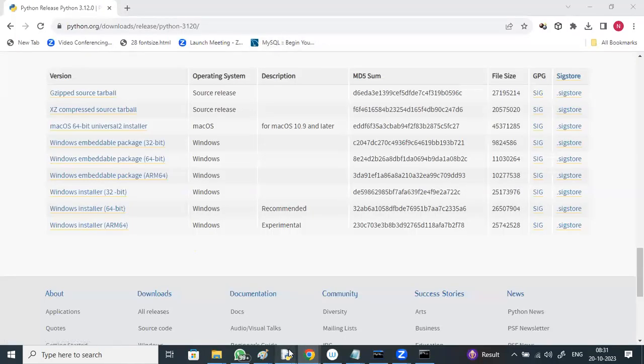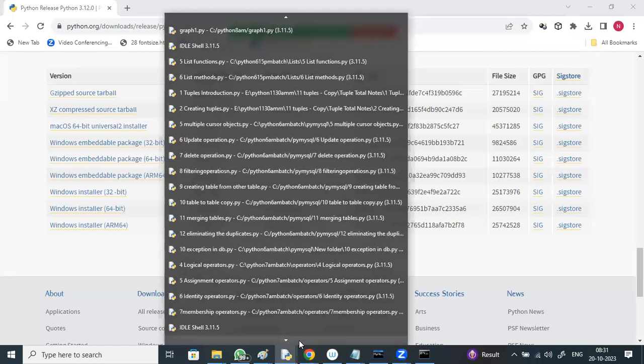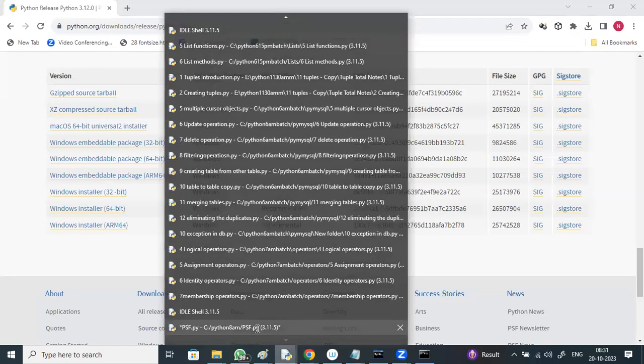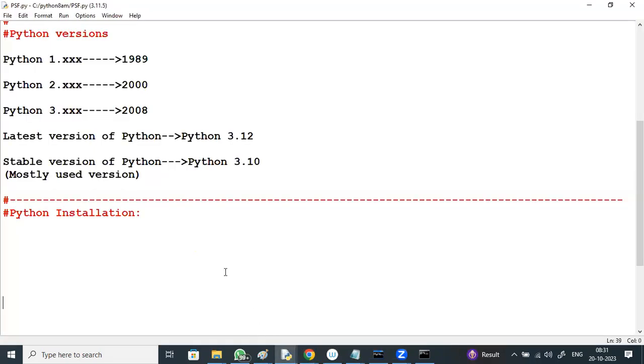If anyone is using Python in the Linux environment, whatever Linux flavor you use, Red Hat Linux, CentOS or Ubuntu, by default Python comes inbuilt.